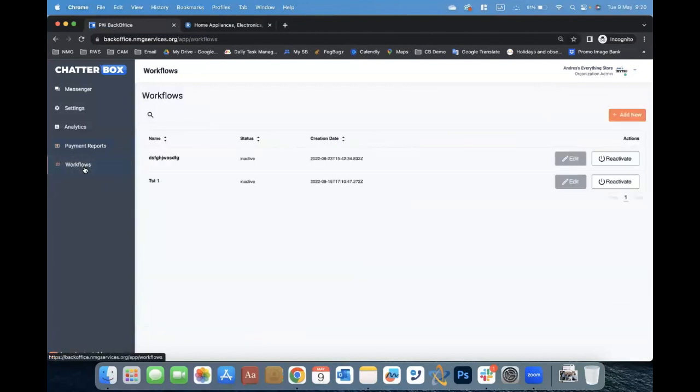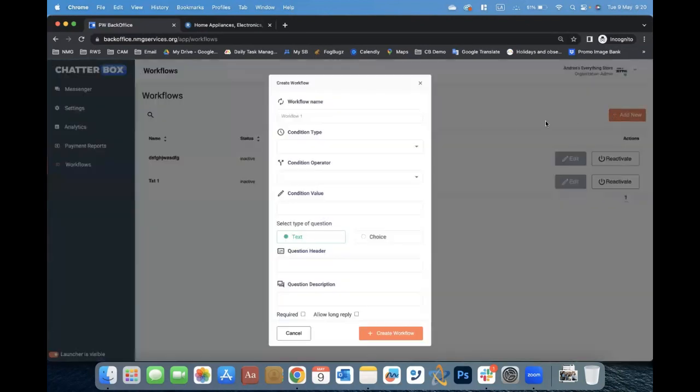Okay. Then we have the workflows tab. So this is what we internally call the nudge tool. Everything you do here on the workflows tab is to nudge the customer into starting a conversation with you under certain conditions. We have 4 condition types. So if you click here on Add New,